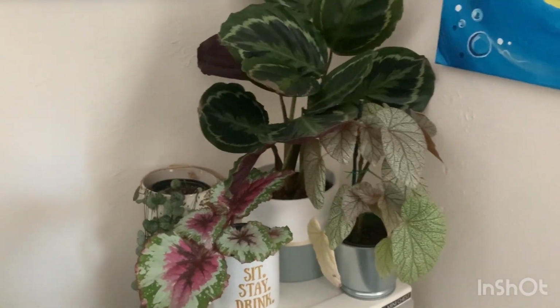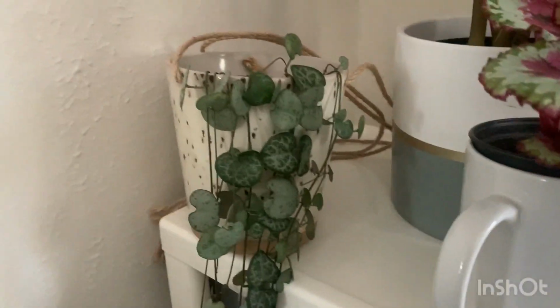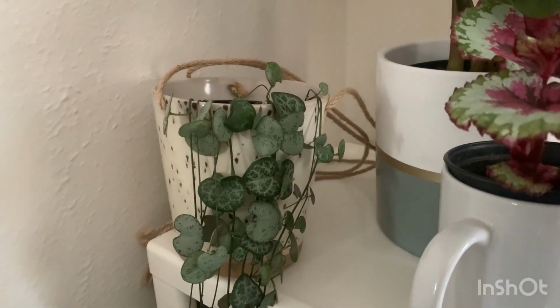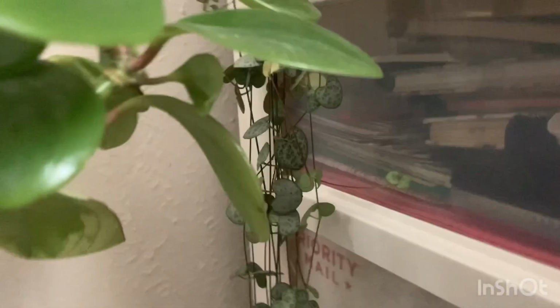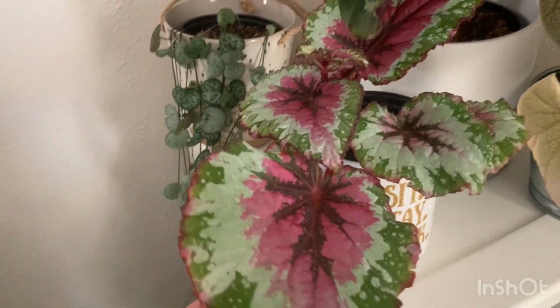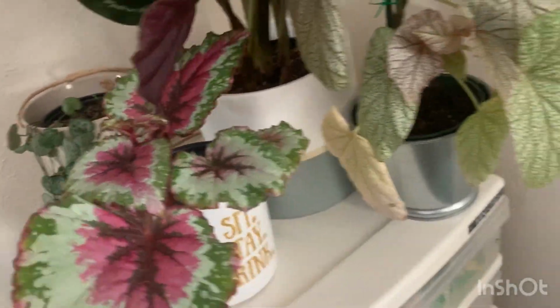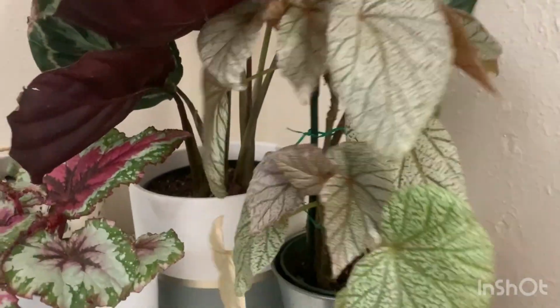Up on this shelf we have a bit of an assortment. First I'm gonna go over my string of hearts, which have grown so much. This is also the result of lots of propagation. And yeah, so it's all the way down here. Next to that we have this pretty Rex begonia in a mug. And then we have this Sinbad begonia